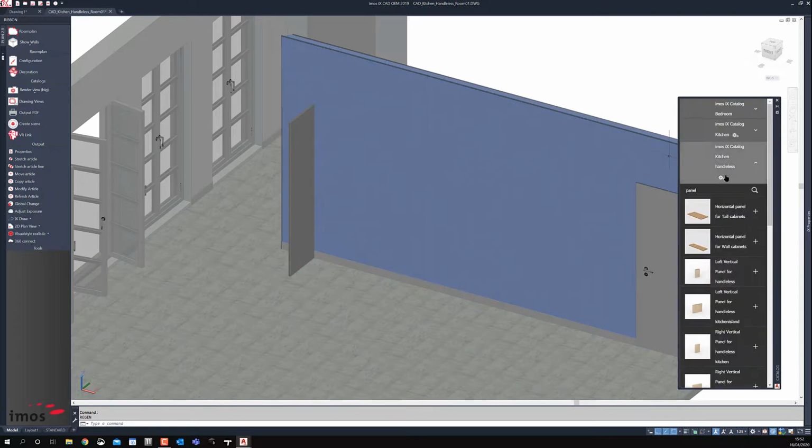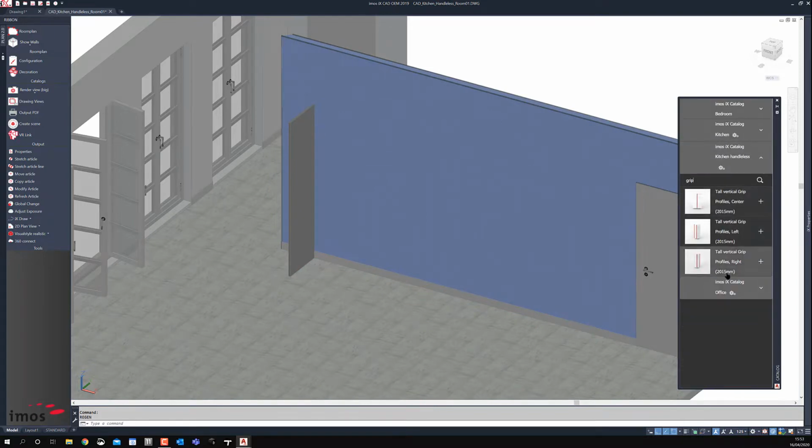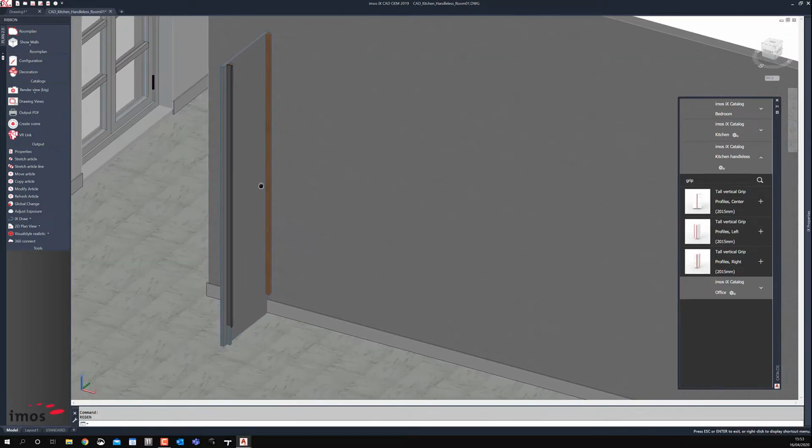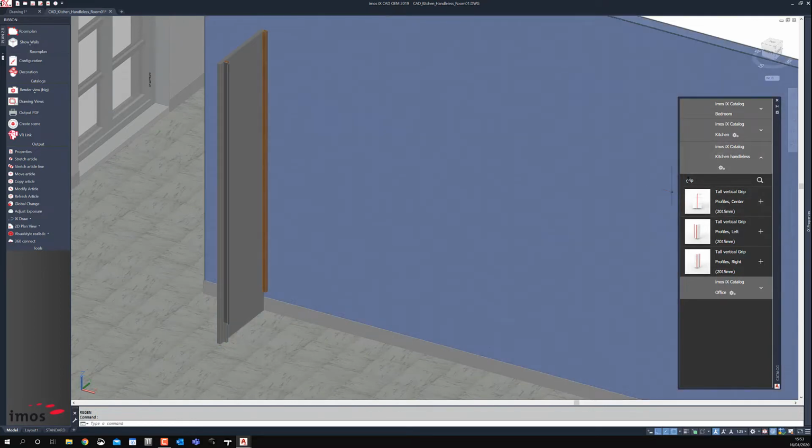And the next thing I want to search for then is grip, and I've got my grip profiles, so I want my left grip profile, and I'll drop that down. I'll just zoom in a bit here so we can see a bit more detail. Then I want a fridge